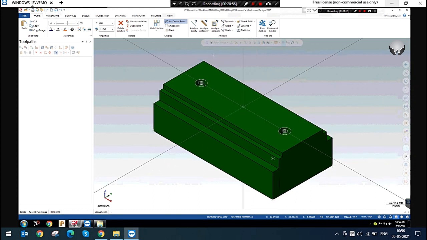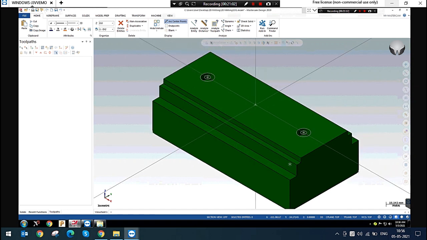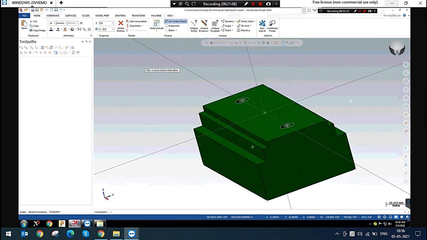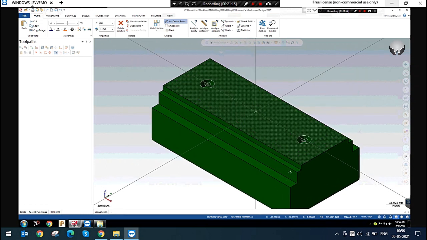Okay. So here there are two steps, right? We have to analyze these two steps: what is the depth of the step and what is the width of the step? Because we need to select the right tool, right?